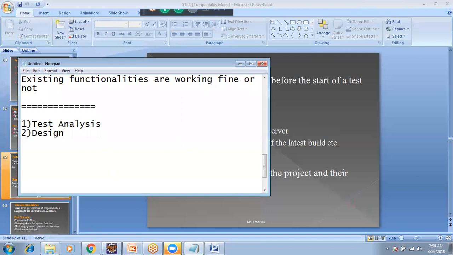Designing. Designing of the test plan, or scenarios, or test cases. Then execution. Then after the execution, a report to the manager and all. So, what is the entry criteria of execution? That means